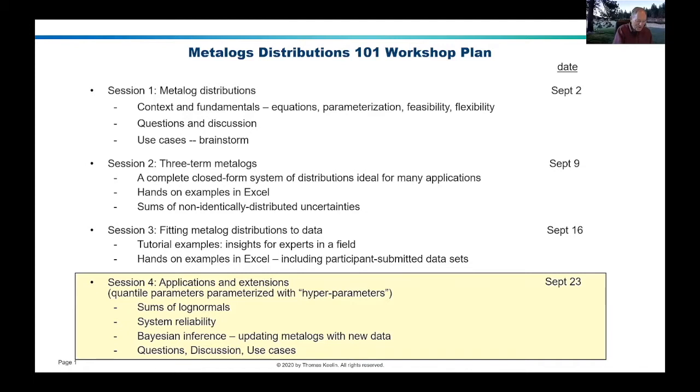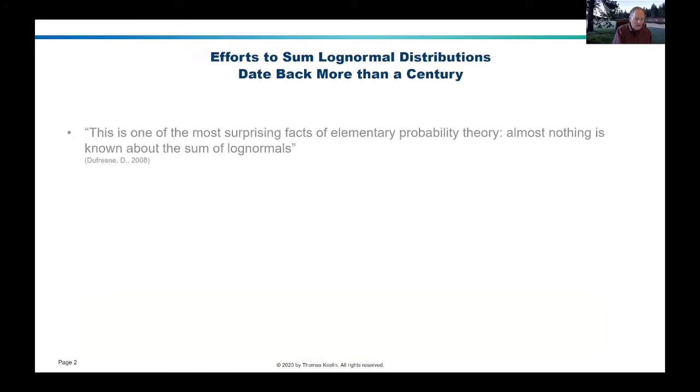I'm first going to talk a little bit about the sum of lognormal distributions. Now, as you may know, those of you that have a statistics background, efforts to sum lognormal distributions date back more than a century. And nobody has succeeded until now. Basically, you can see this quote from the literature. 2008, one of the most surprising facts about elementary probability theory is that almost nothing is known about the sum